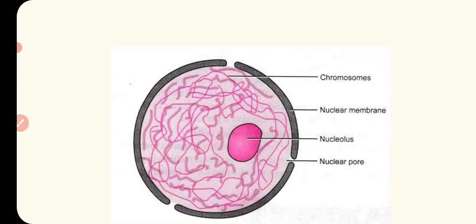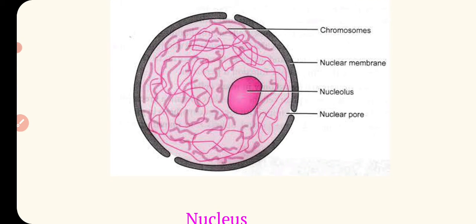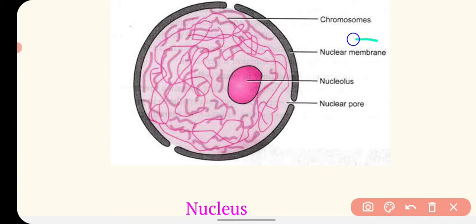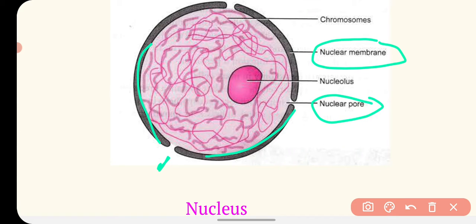First of all, we will see what a nucleus is and what its structure is. Here you can see a complete true nucleus, which has a few components. There are four main components found in the nucleus. The first one is the nuclear membrane, the outermost covering of the nucleus, which is discontinuous. It has pores, called nuclear pores, which communicate between the inside and outside environment of the nucleus.